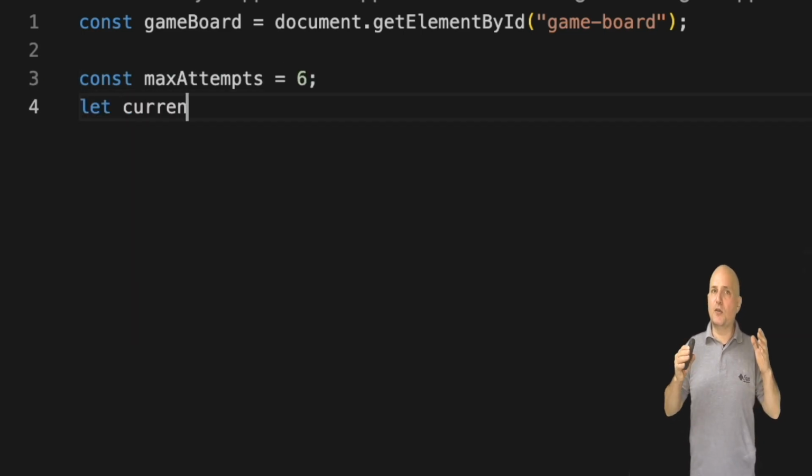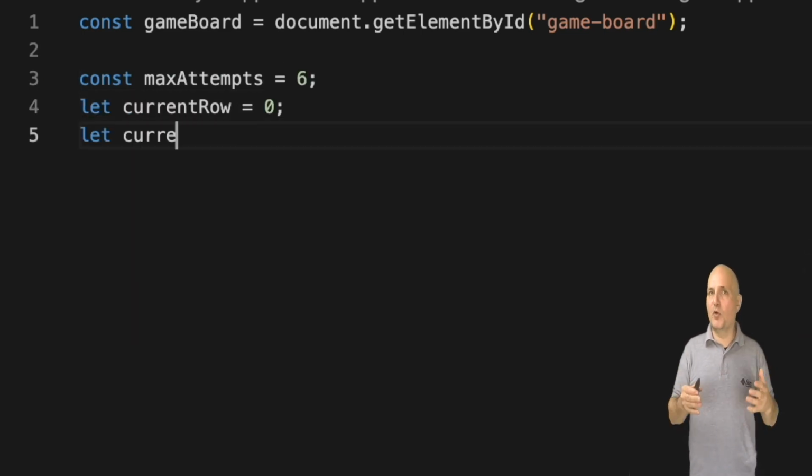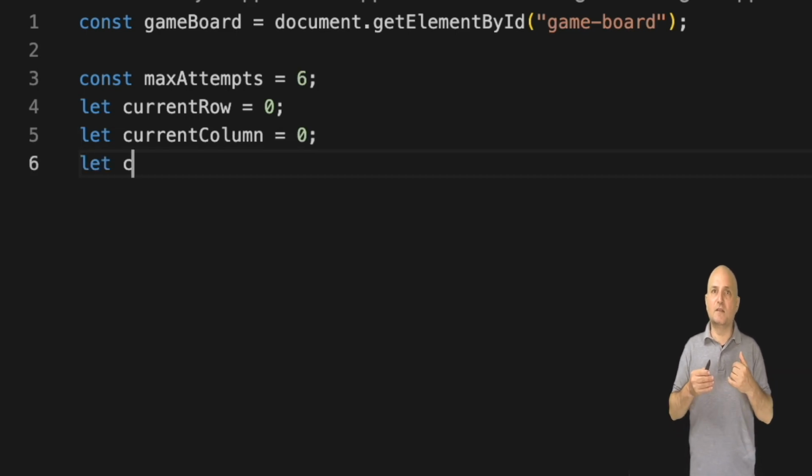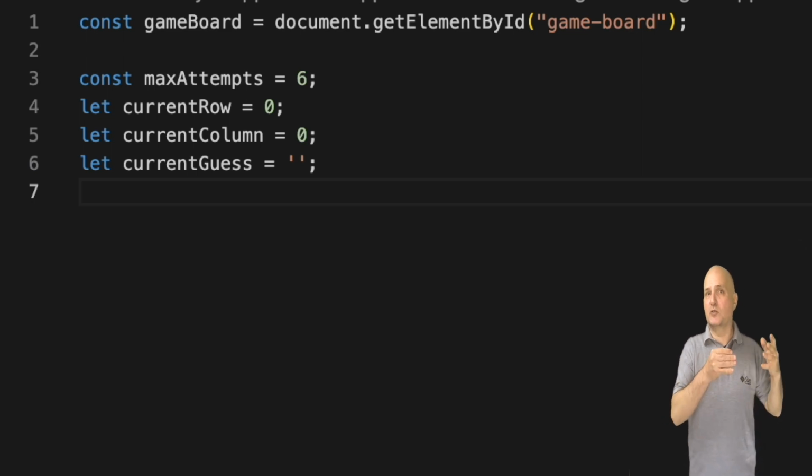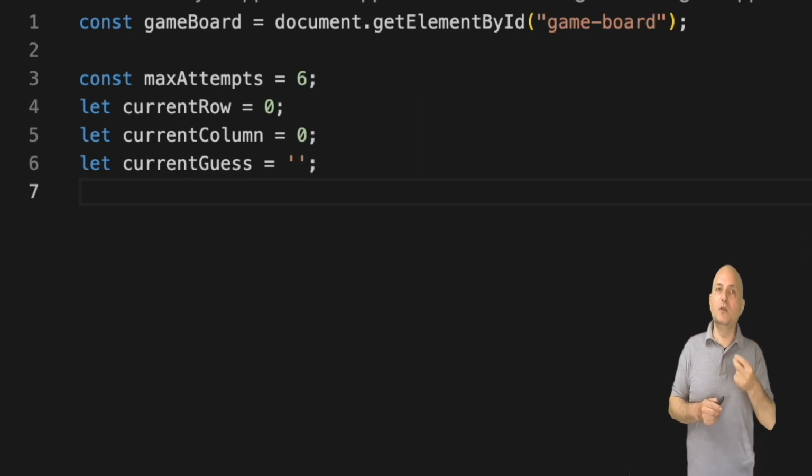Next, we define a constant for the number of attempts. This is better than just writing 6 everywhere. If we want to change it later on, we can just change it in one place instead of looking through our code to find the mentions of 6 that might refer to something else. Up until now, we only defined constants with the const variable. The let keyword lets us define a variable that is modifiable.